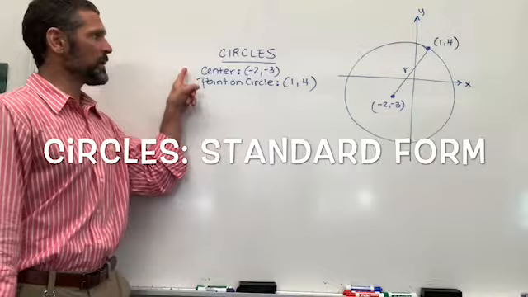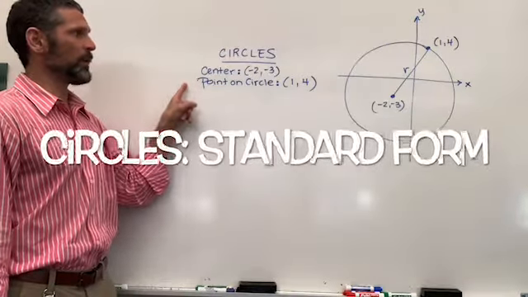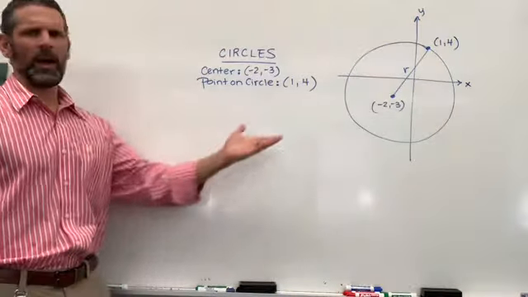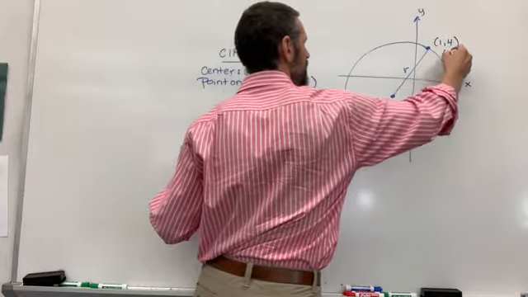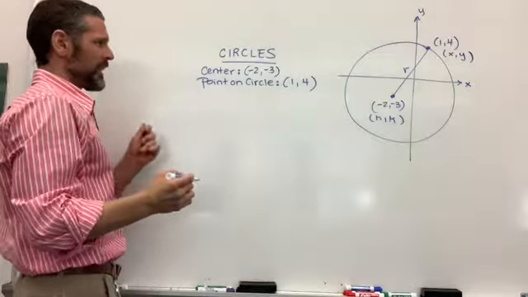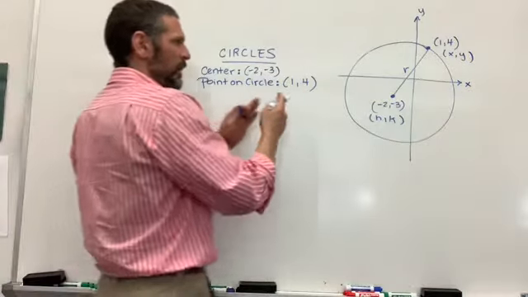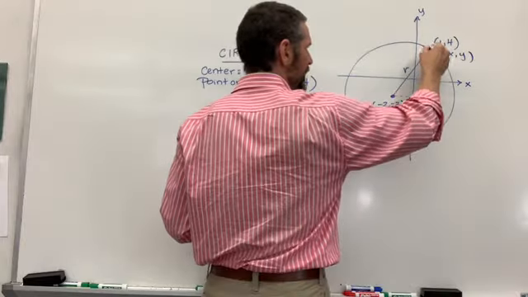If we're asked to find the standard form of an equation of a circle with center -2, -3, and a point on the circle 1, 4, I would suggest you draw a sketch and then label what you know. You know this is HK and this is XY. So if that's the case, we can figure out how far we have to go over and up to get